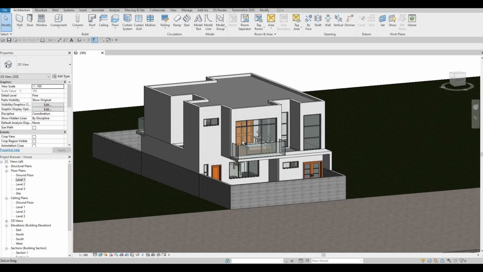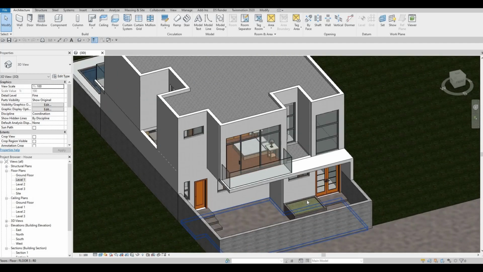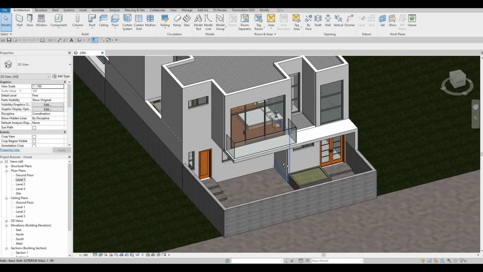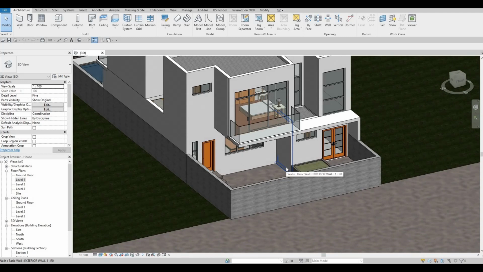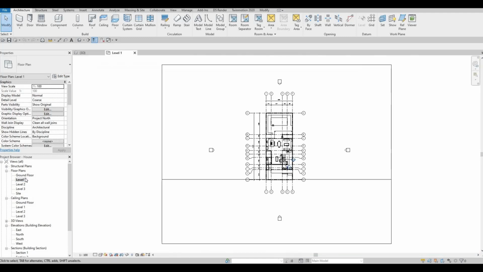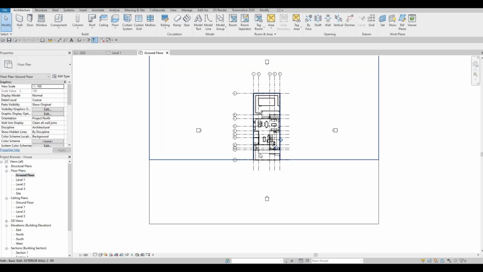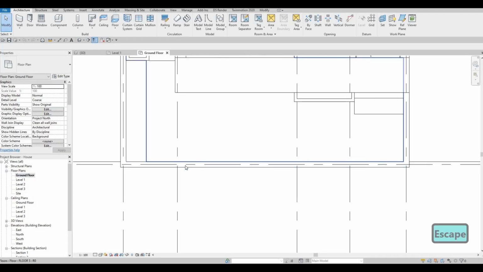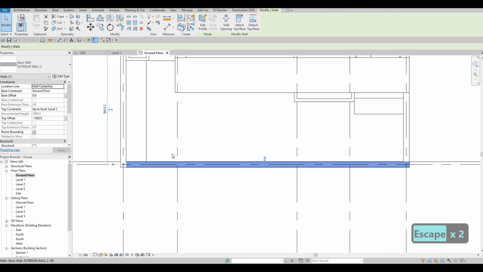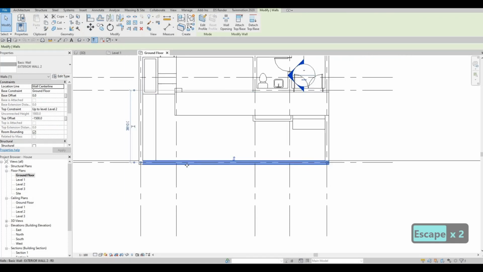So in the last video, we were able to create everything that is right here in front, and also we added the curtain doors and curtain walls right here. We added the mullions as well. So now we're gonna continue working on this. What I want to do is to finish up the gate. So we could go to ground floor, and then what we have here is the exterior wall number 2, which